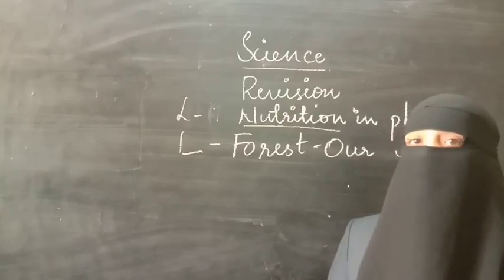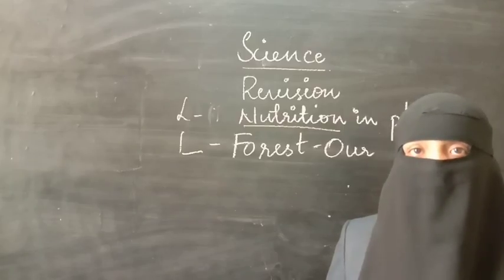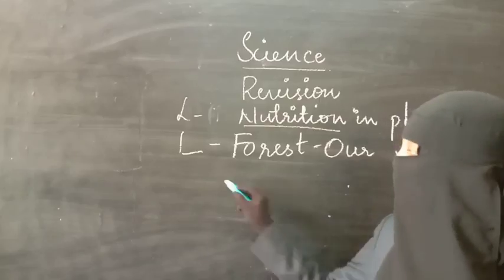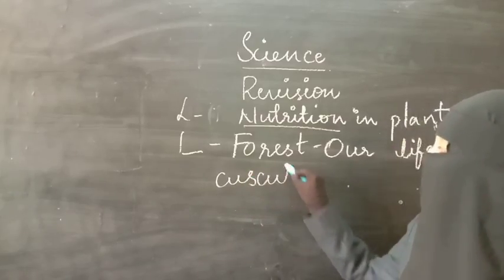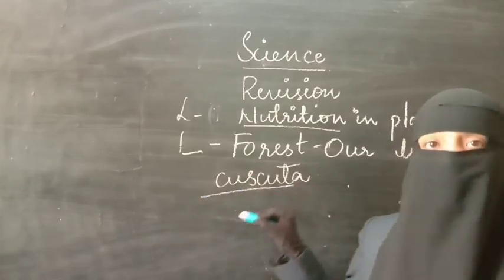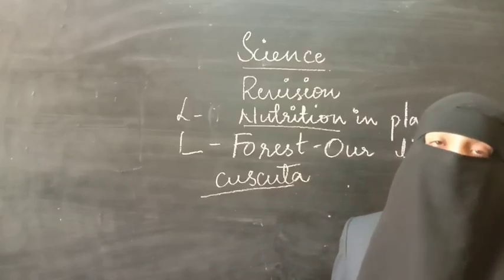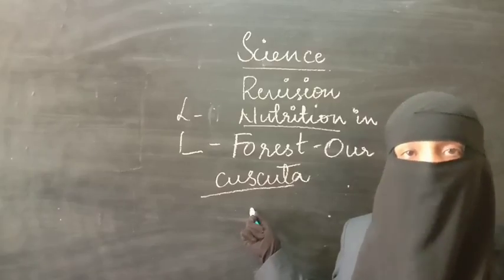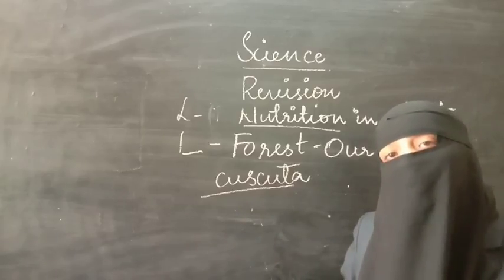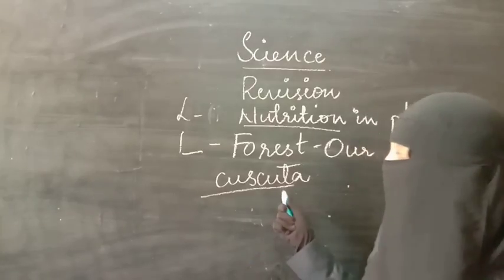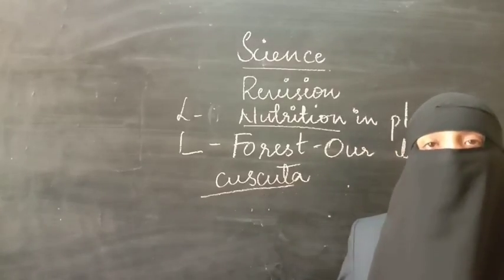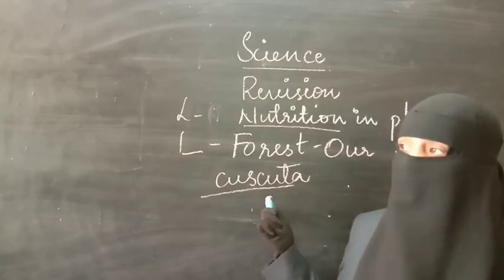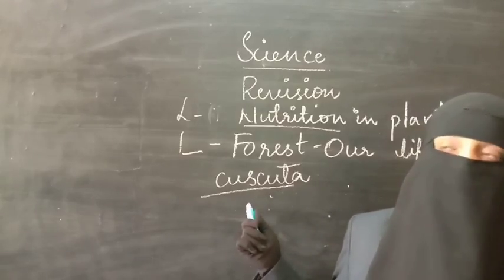One example of that is parasitic nutrition, which means parasitic plants. We have seen Cuscuta is a parasitic plant. It cannot prepare its own food, and it cannot obtain its nutrients. So the type of nutrition in Cuscuta is parasitic nutrition, which is a part of heterotrophic nutrition. That means Cuscuta will depend on another plant for food and nutrients, and only one group is getting benefited.